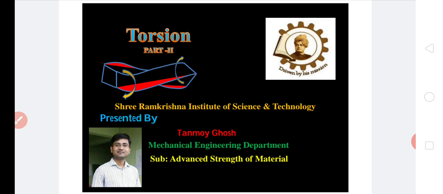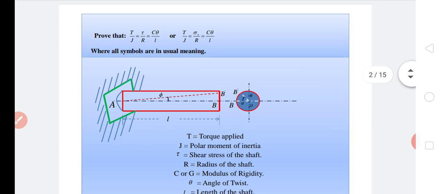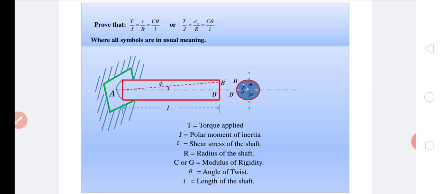Today, I discuss torsion of solid and hollow circular shafts, which is a topic of advanced strength of materials under the West Bengal State Council of Technical Education. Today, I discuss the torsional equation. The equation is